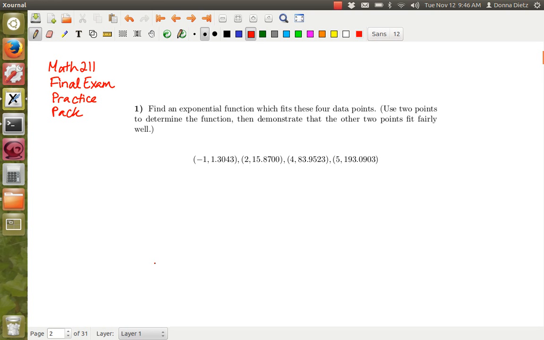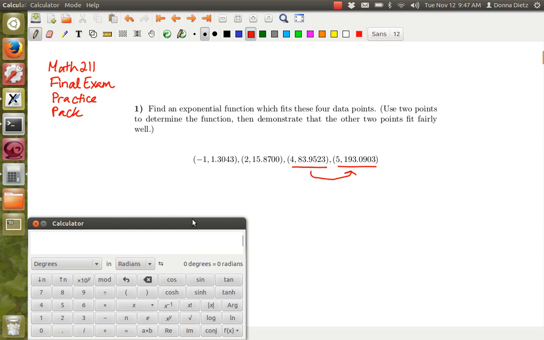Okay, question 1 on the final exam practice pack. So in your exam during the year, you had a 0 for one of these independent variables, but you're not necessarily going to. You can find the growth ratio using any 2 points, but since these guys are 4 and 5, right? These are 1 time step away. This would be a convenient place to pull the growth ratio from. So you can just say,